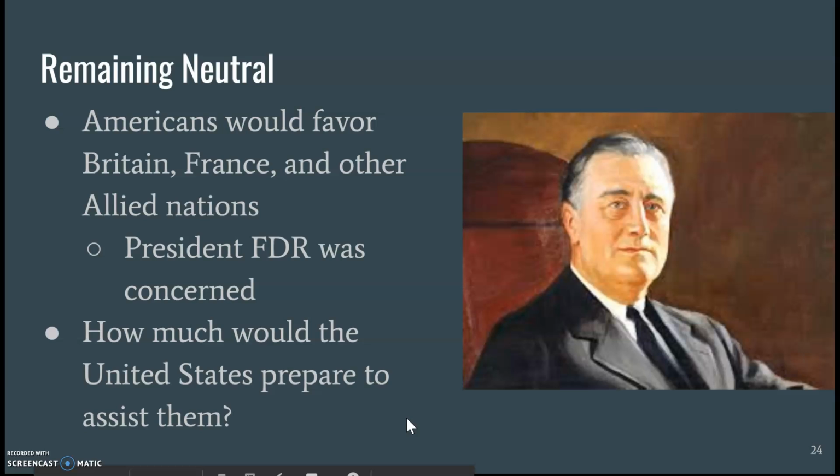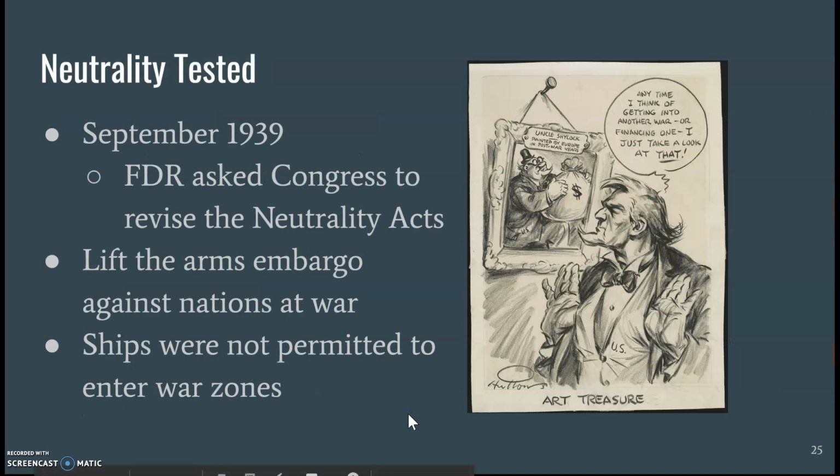So, President FDR at this point in time says, all right, well, we know that most people are going to side with Britain, France, and other allied nations because that's who we were with before. But if we are going to help these people out, what are we going to do to assist them? We are tested with neutrality in September of 1939 when the war actually begins, and we started to lift the arms embargo for nations at war because just like Uncle Sam's looking here at this picture, well, we could probably make some money if we sold some arms to these nations, although ships still were not permitted to enter war